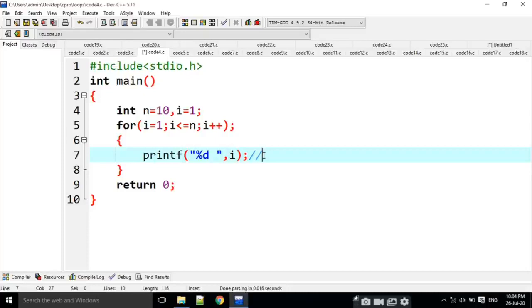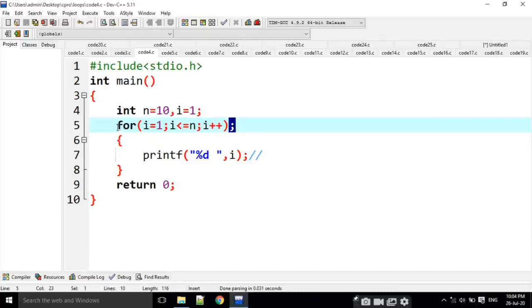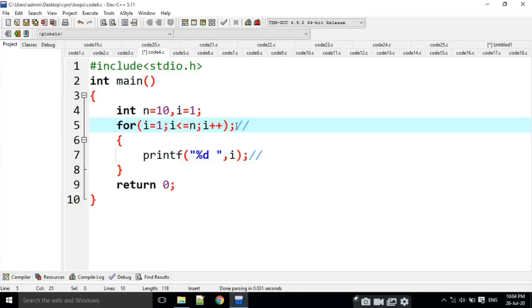Yes, it is very similar to the first question, but if you observe here, there is a semicolon after the for loop. What happens if a semicolon is there? That means the for loop is going to end at this line. What happens here? The same thing: initialization is done, I is equal to 1. Then 1 is less than equal to 10. If it is true, then it would go to the statements. But if there is a semicolon, then it moves directly to the increment and decrement operator.